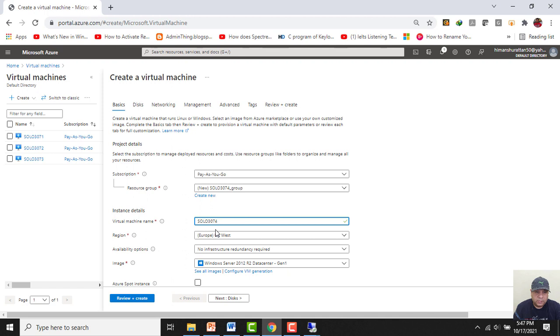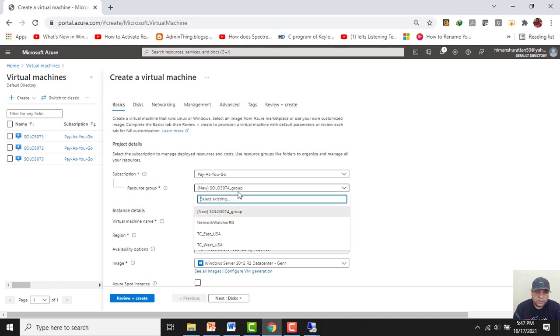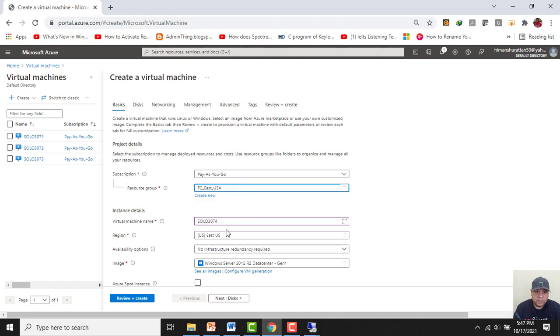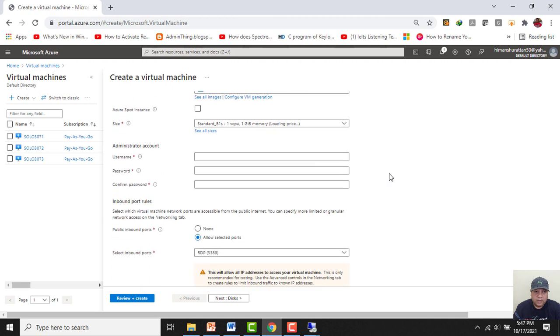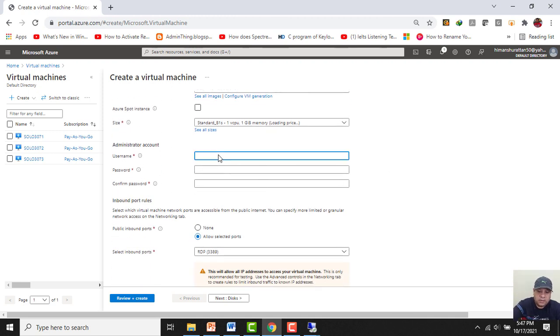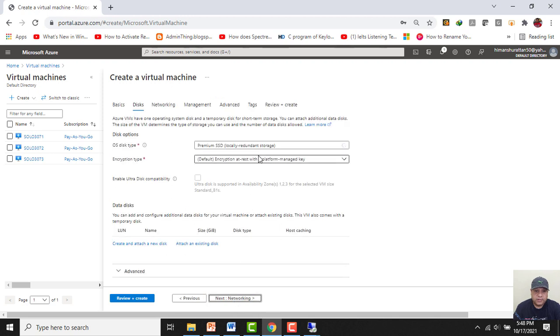I will use the resource group as East USA. Availability zone, no. I will give it a username as tc_admin. I will give it a password. I will click on next. Disk I will select as standard hard disk.